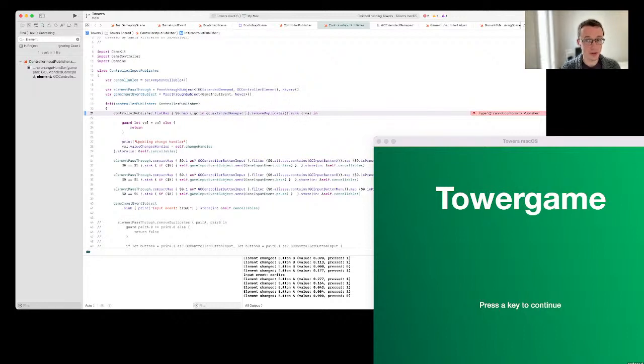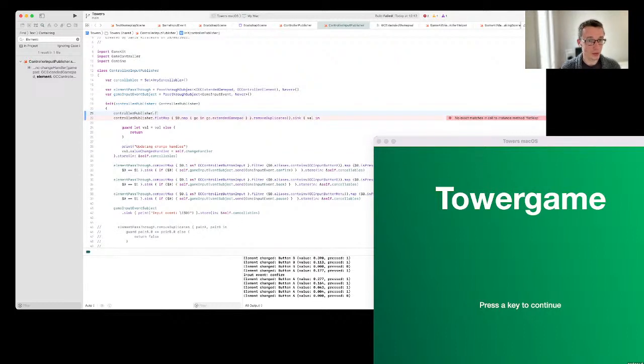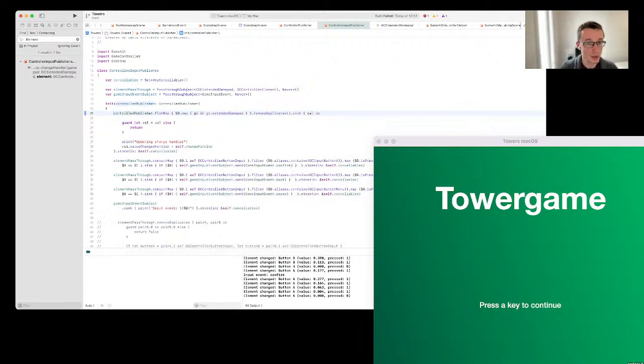Is this syntax right? No, exact matches control publisher. Okay, so we can have flat map, and then we need to end up with the publisher in the flat